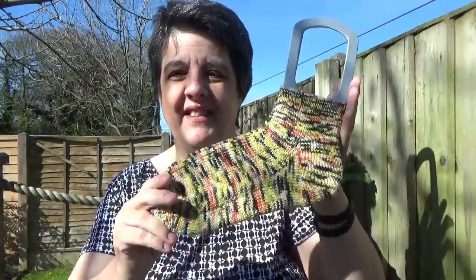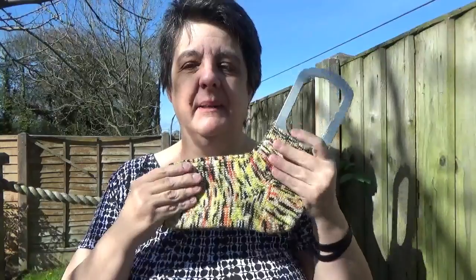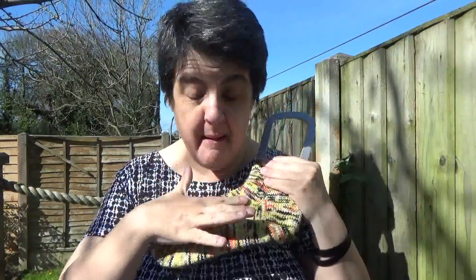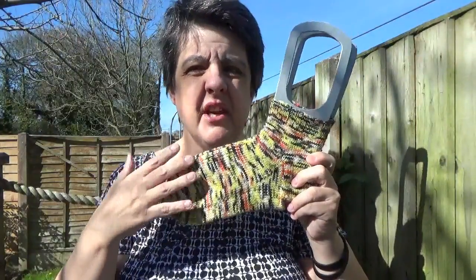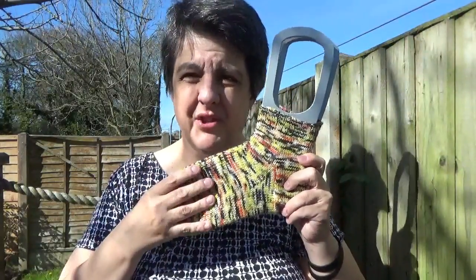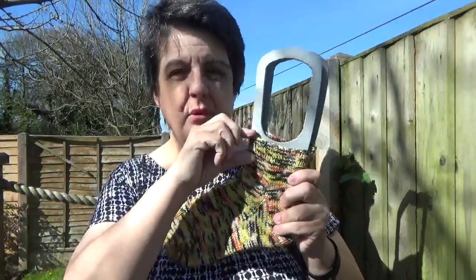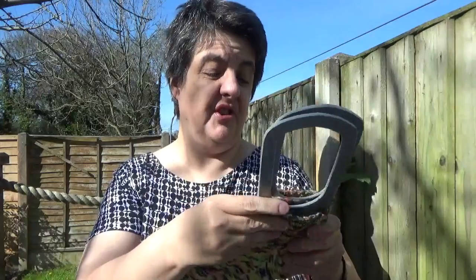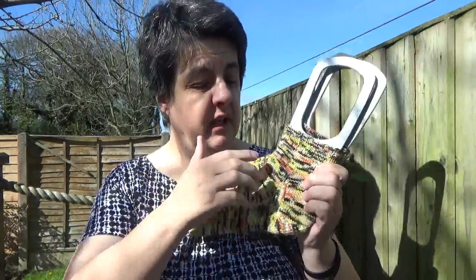So let's get right on and start off with finished objects, shall we? Because I'm really excited. The first one you may remember a little while ago, I started these. Yay! It's my socks. These are Viking yarns in the Embers colourway, and it's just a standard, what we call a vanilla sock, so nothing fancy about it. I thought the yarn was too busy to put patterns in, and I don't like wearing patterns anyway. So we've got a small cuff, which is what I prefer, and that's just knit 2 purl 1 rib, standard